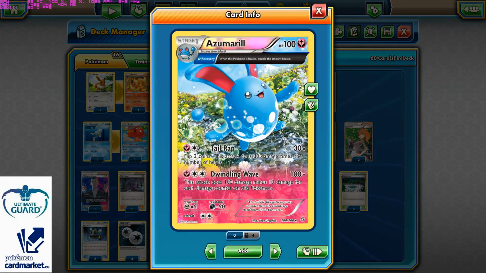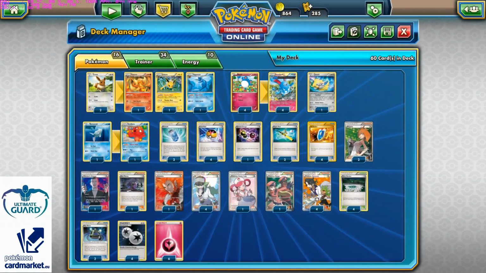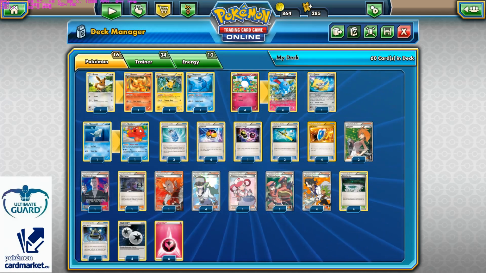Basically, it features Azumarill with Recovery, which can be healed by double the amount healed. So if you play Center Lady, you can remove 120 damage from it. But that Dwindling Wave can strike for 100. And with Giovanni's Scheme in play, you can go for 120. Which means that if you have one of these evolutions in play, you can strike for 240, or actually 220,